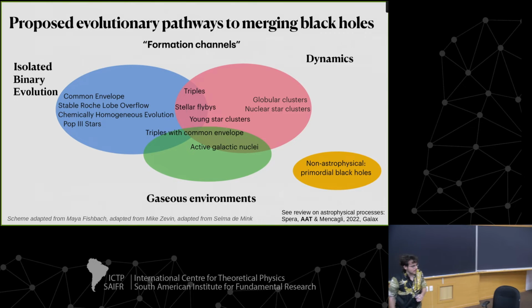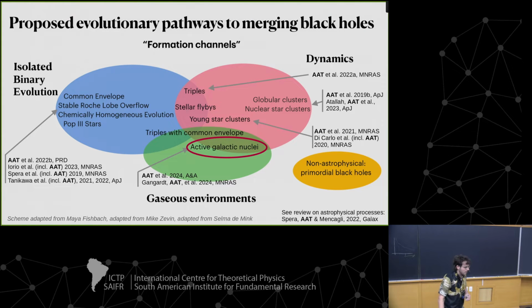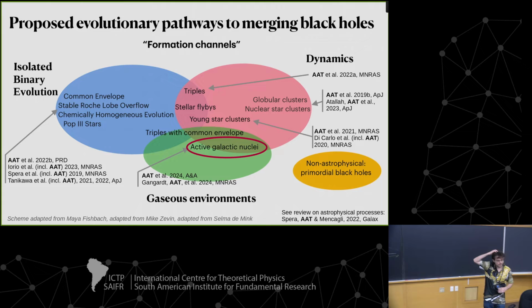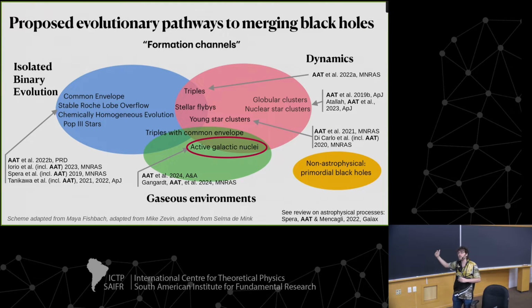I generally work with dynamics, but it's very difficult not to stray into other things. I've done quite a few things so far, and nowadays I'm mostly focused on the galactic nucleus scenario. But I want now to tell you a bit more about what the merger looks like if they come from the dynamical scenario, and I will connect to the processes I talked about last time.